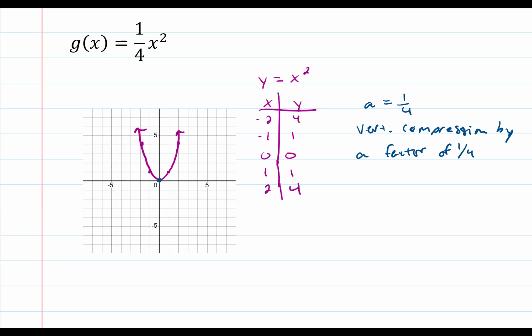So 0, 0 remains the same. 1, 1, however, becomes 1, 1/4, and then 2, 4 becomes 2, 1. Repeat it on the other side, and we get negative 1, 1/4, and negative 2, 1. And so this is what the graph looks like when it's been compressed vertically by a